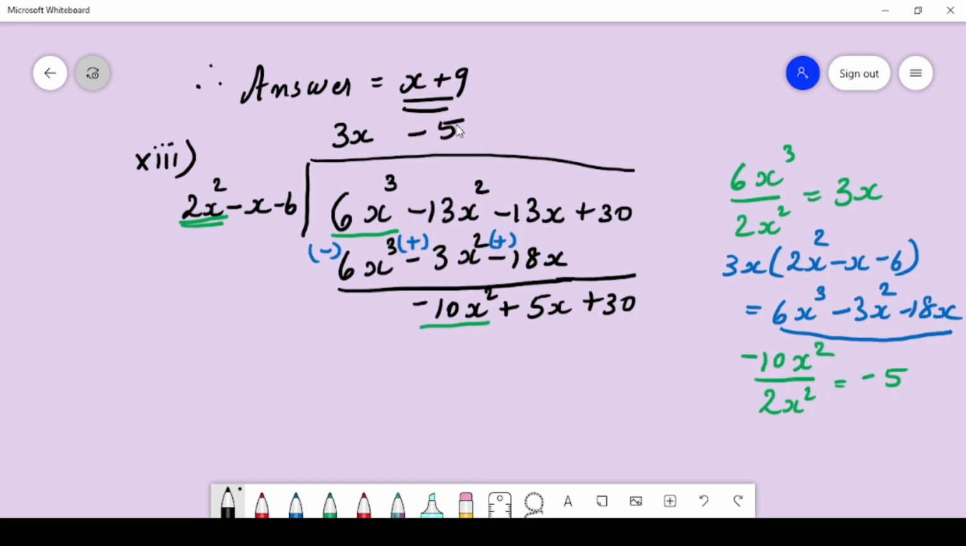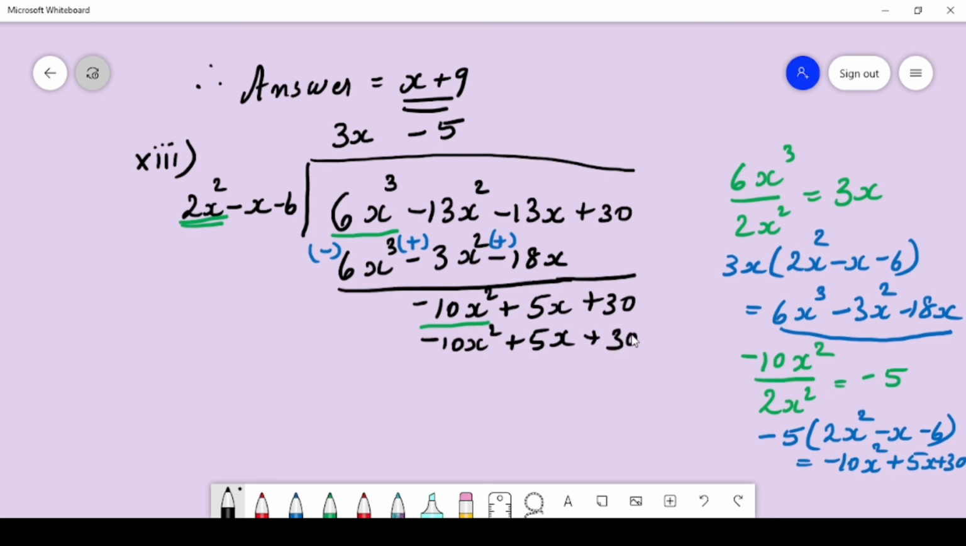So minus 5. Now what you have to do? You have to multiply the minus 5 with the entire divisor. So 2x square minus x minus 6. So that's equal to minus 10x square plus 5x plus 30. So that you have to write here. So this will be minus 10x square plus 5x plus 30. Now what you have to do? You have to